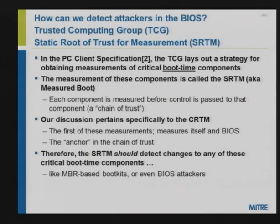There's trusted computing technologies, assuming you have your TPM turned on and you're actually looking at your PCR values. The Trusted Computing Group in their PC client specification defines a number of critical boot time components which must be measured in order to establish a trusted system. The measurement of these components, as a whole, is referred to as the static root of trust